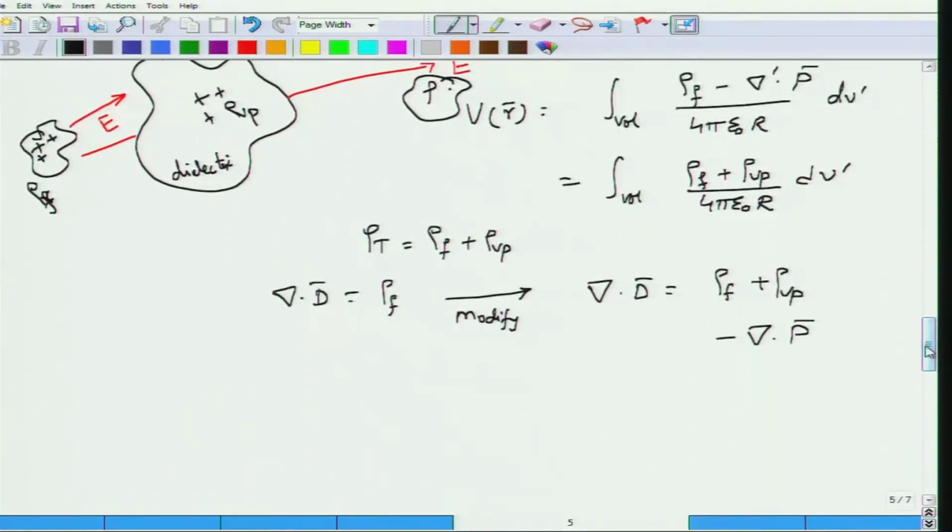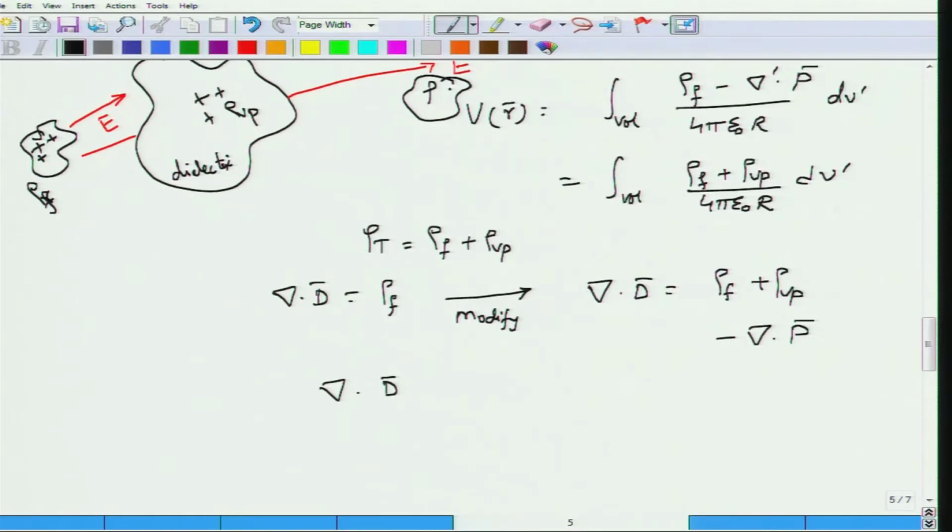Therefore it does not matter whether this is del prime. This del prime has to be done at the dielectric, whereas the del dot D that I am doing would be at the field point. Okay. So I can simply write this as del dot P and then pull this minus del dot P to the left hand side and I get D,